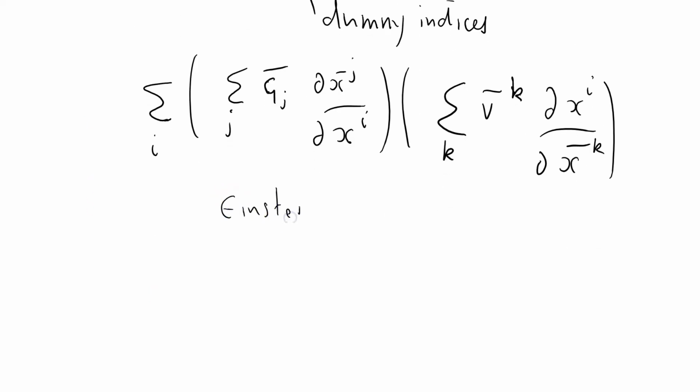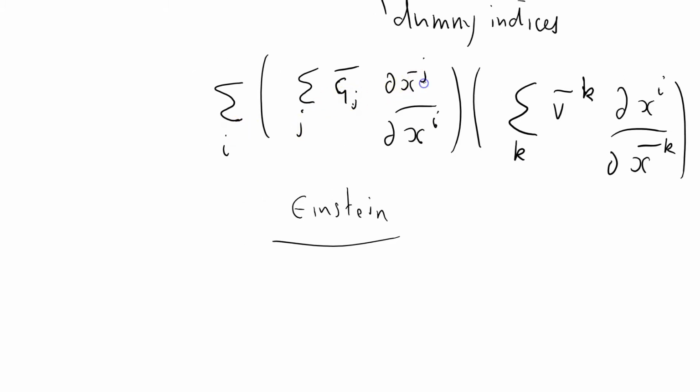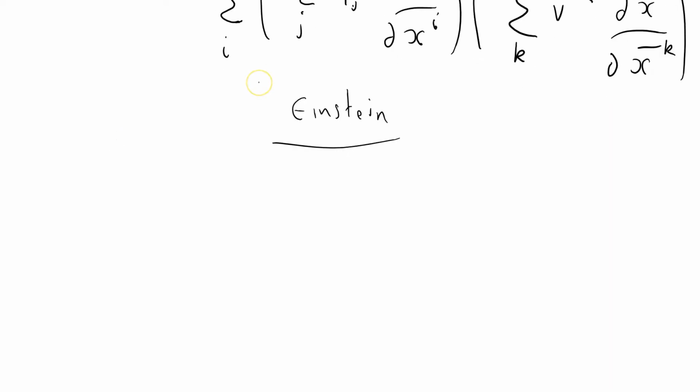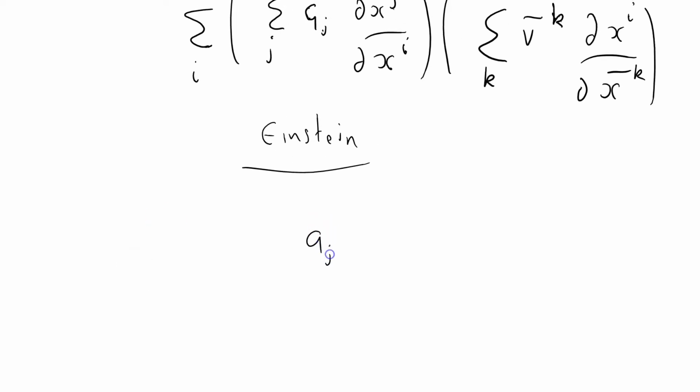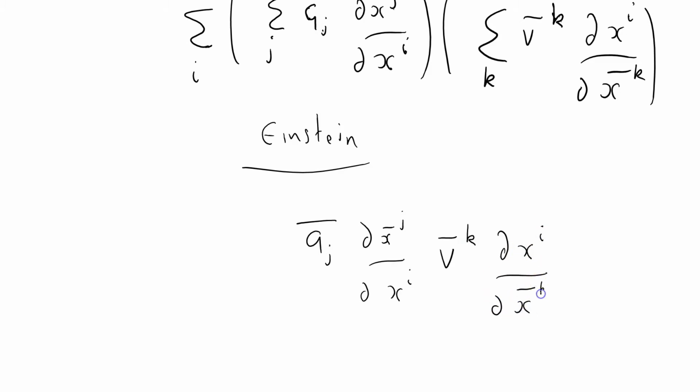Einstein's summation convention is now satisfied because I've got a repeated index I, one there and one there. One's on the bottom and one's on the top, so that's cool. And we've got two J's, a J there, and we've got two K's, one there, one there. All I'm going to do now is use the Einstein summation convention, and then I can start fooling around with things. G_J̄, just writing it down, ∂ x̄^J by ∂ x^i, V̄^K, ∂ x^i by ∂ x̄^K,